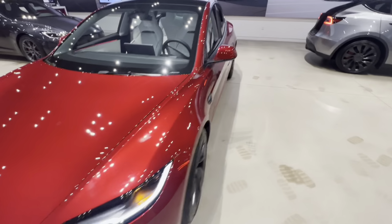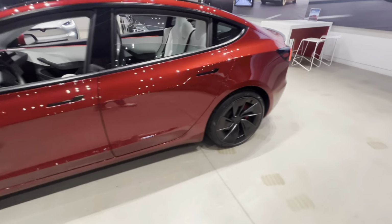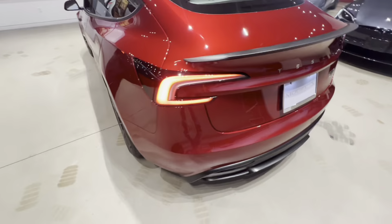The suspension was smoother, and then when I actually drove the Model 3 long range with the Highland refresh and the aero wheels, 18-inch rims, the suspension was extremely smooth. I honestly thought it was smoother than riding in the Model S long range, which was kind of interesting. But this Model 3 Performance has all the same features as the Model 3 Highland, with just a couple